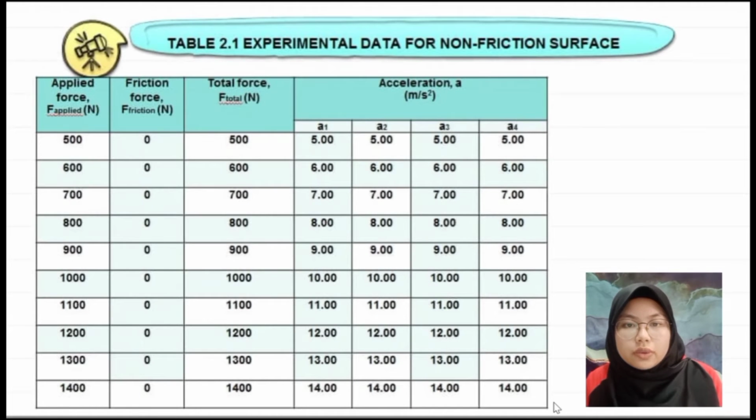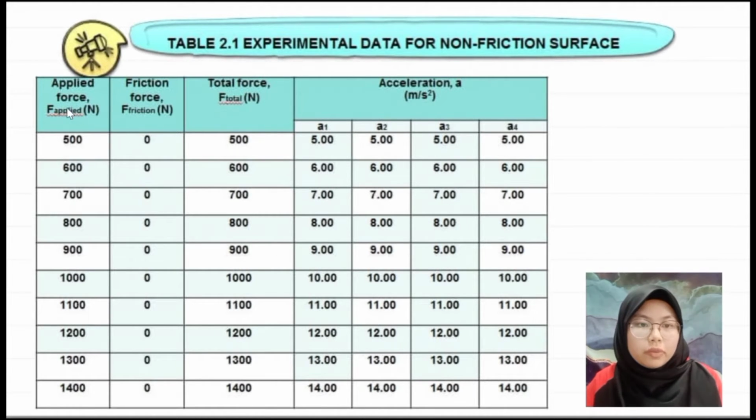Okay, now I will show you the data for non-friction surface. Firstly, here we have applied force, friction force, total force, and acceleration. The unit for force is N, Newton, while the unit for acceleration is meter per second squared. Firstly here we have force 500 Newton, and because the friction force is 0, the total force